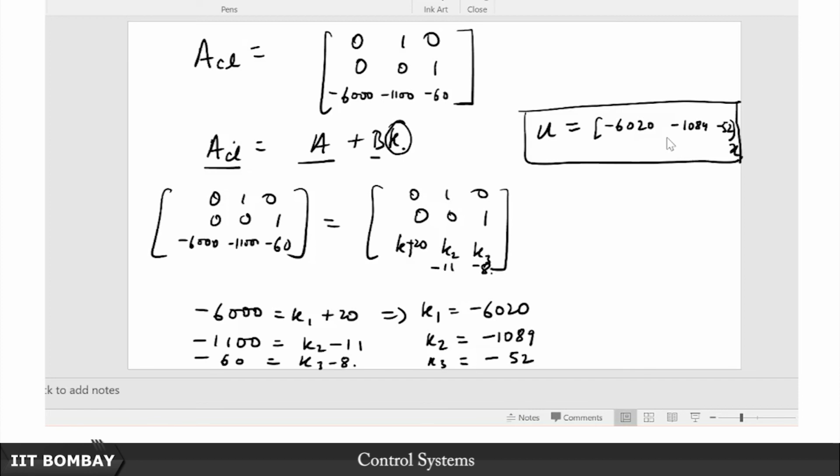The second method is something which I personally prefer for such smaller systems, because it avoids the complication of having to invert the controllability matrix and find that similarity transformation. That second method is simply equating the coefficients on both sides, but I will not solve that for this case. What I will do is, when we come back for the next lecture, remember,